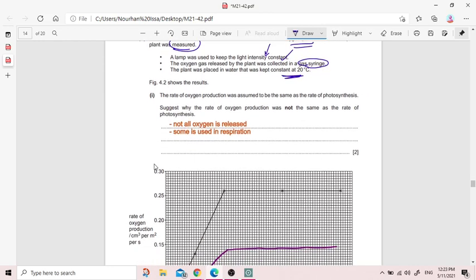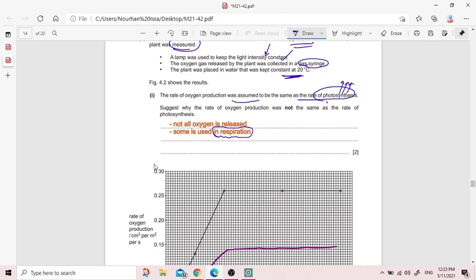Question number 1. The rate of oxygen production was assumed to be the same as the rate of photosynthesis. This is not entirely accurate. Why? Because not all of the oxygen that is released from photosynthesis will be collected in the syringe. Some of the oxygen is used in the respiration of the plant cells. So, the rate of photosynthesis that I get will be lower than the actual rate. Again,